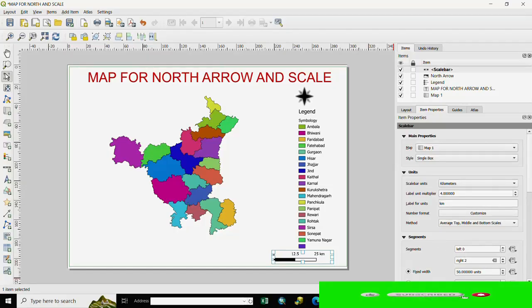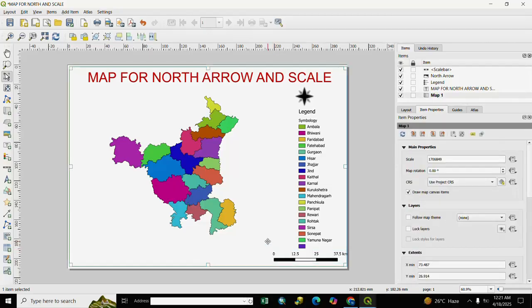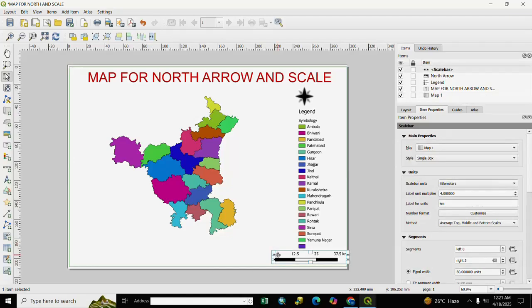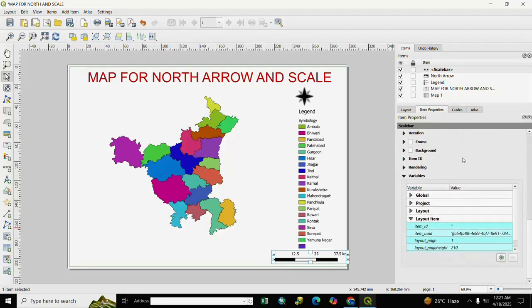And if you want to change segment, you select here segment 1, 2, 3. We select here 3. Here is segment, you see here in scale our segment is changed. If you want to change frame and background of scale, you select here frame property,